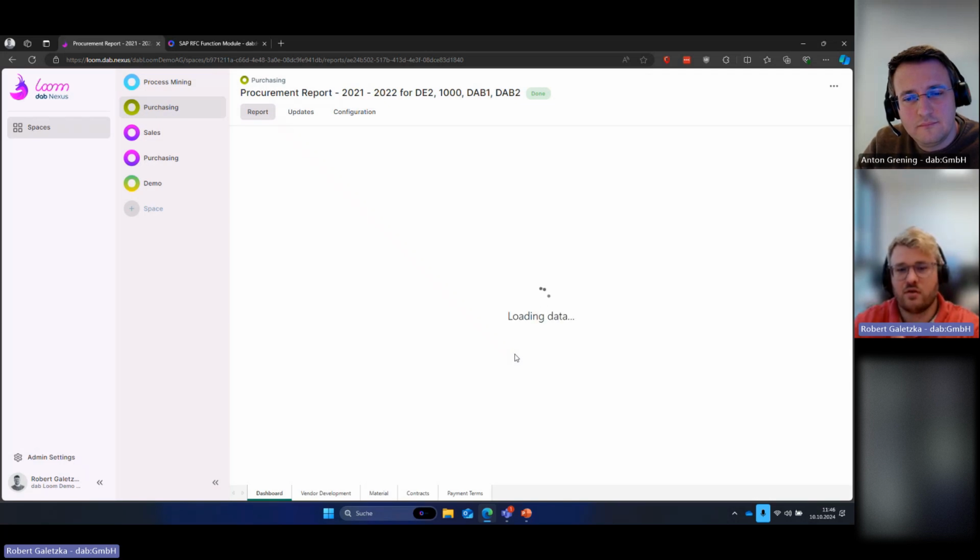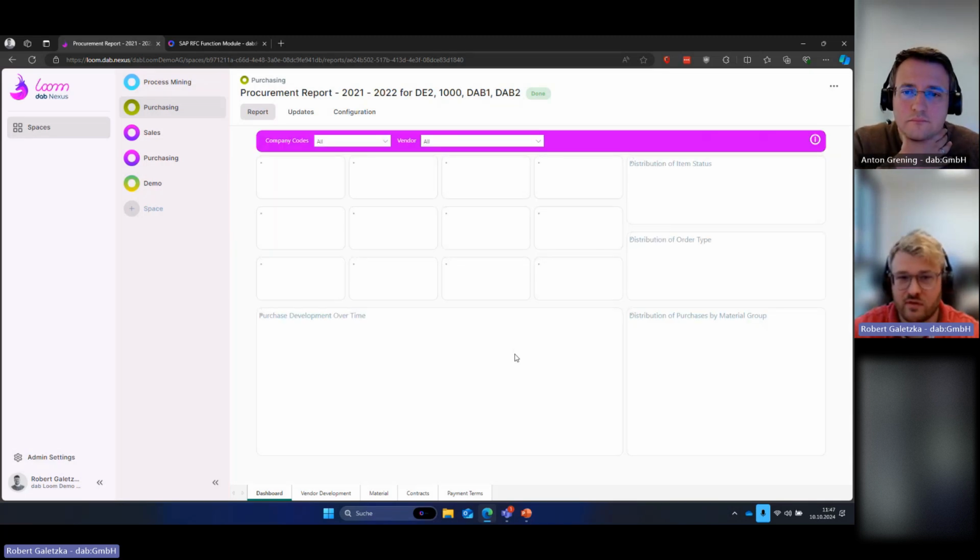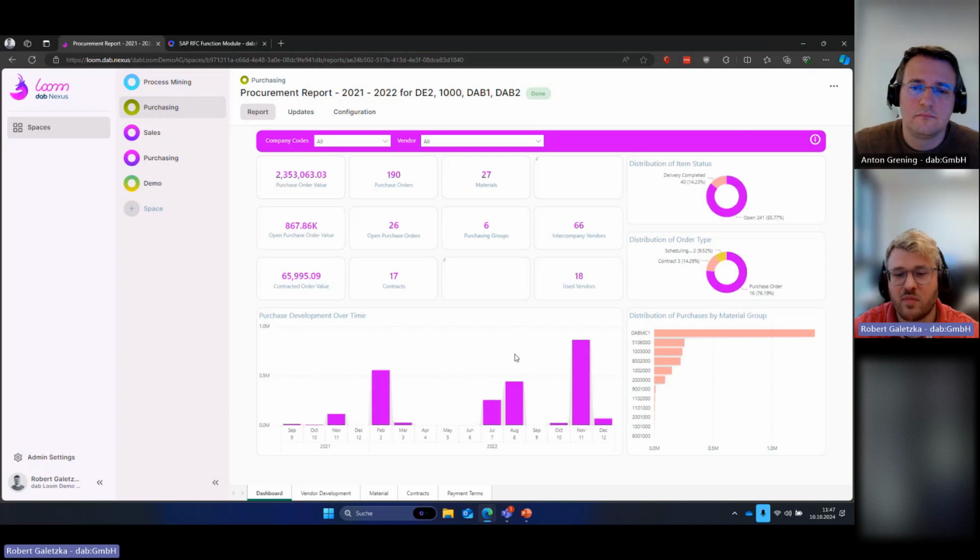dashboard, having all those individual numbers aggregated, showing you purchase data volume, how many purchases were done within your certain scope, how many vendors are involved, used, intercompany, material-wise, what was involved, and also some distribution of order type, item status. So everything that you might want to see at a first glance to have a certain feeling of your